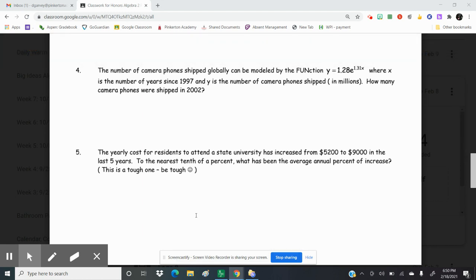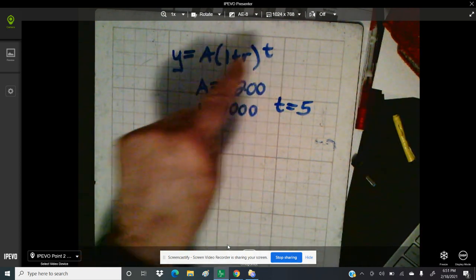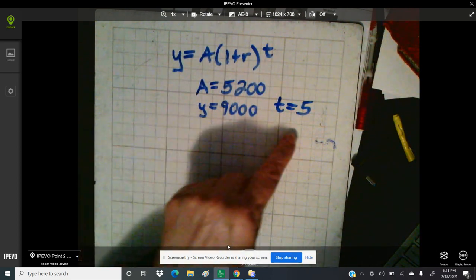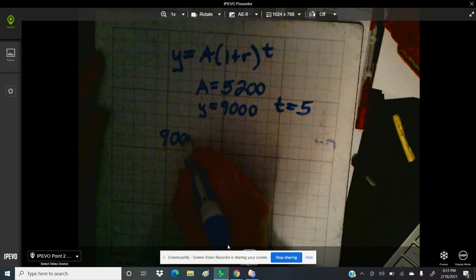So first of all, your equation is going to be y equals a times 1 plus r raised to the t, because that's going to be your yearly cost. And it says that it started at 5,200, so that a value would be 5,200. It ends at 9,000, so 9,000 is your y value, and then time is 5 years. So all you really have to do is plug all of those values in. So here's your equation. This is your 5,200, your 9,000, and then your time is 5 years. So if I plug that in, I get 9,000 equals